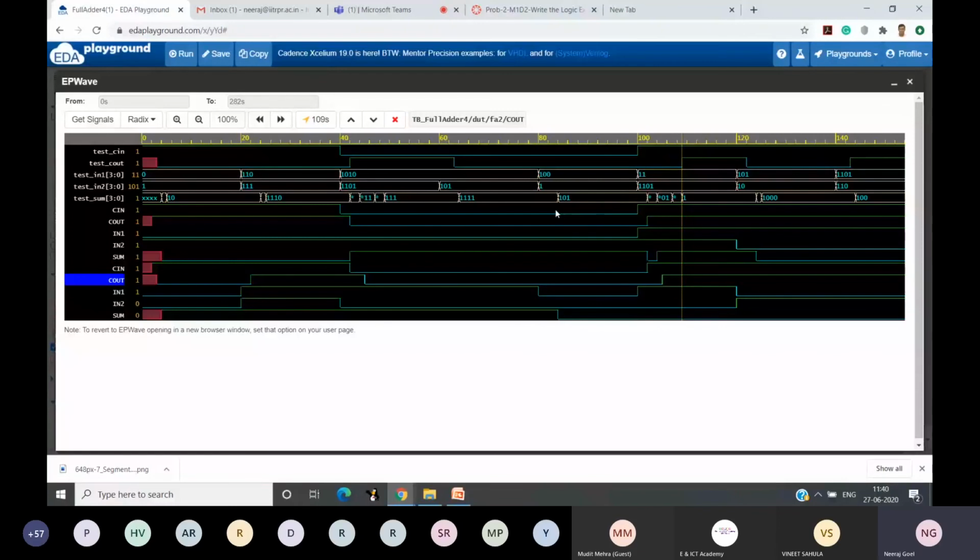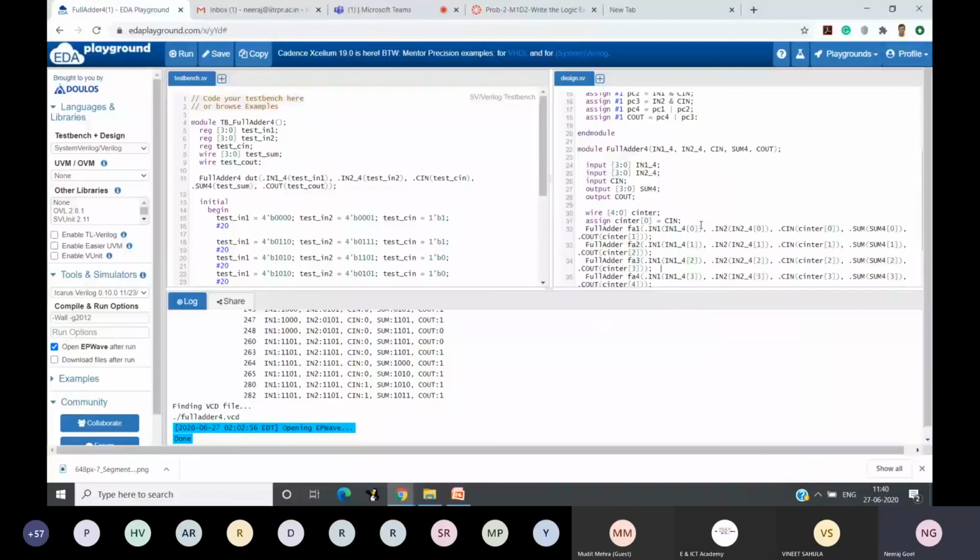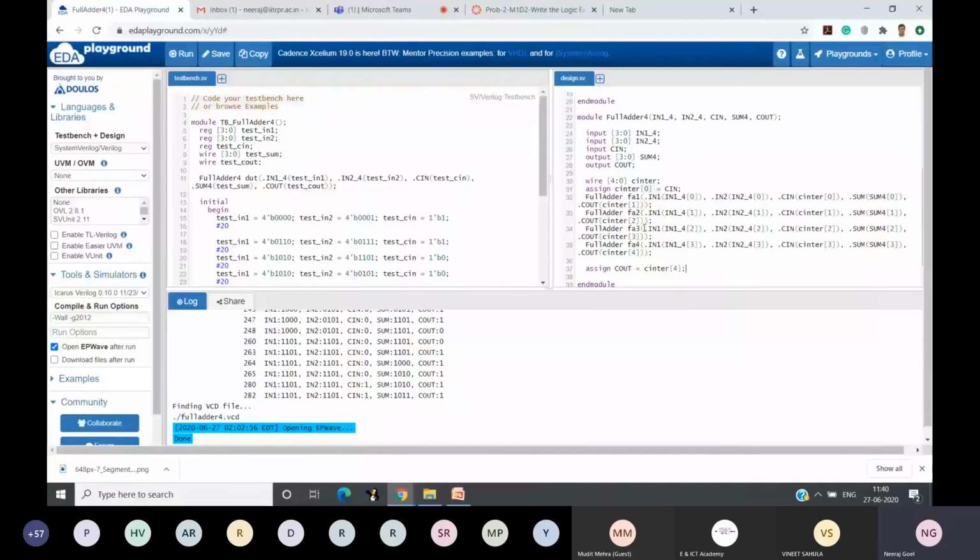So this is how we can design as well as test. Okay, so one more observation and question here. We have seen in our presentation, and now also, that all of these 4 adders have very similar kind of inputs. Can we automatically generate this code, or can we create a generic code? If I want to create a generic code, then I will see something else.